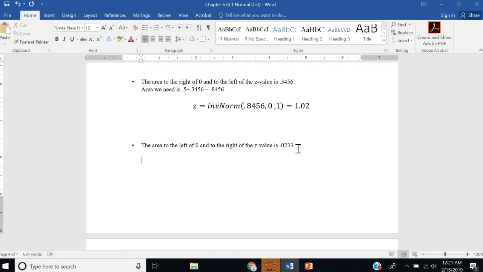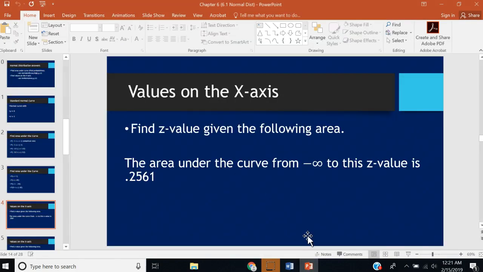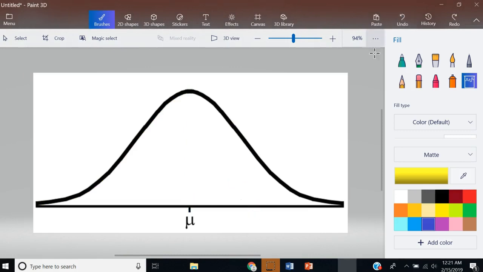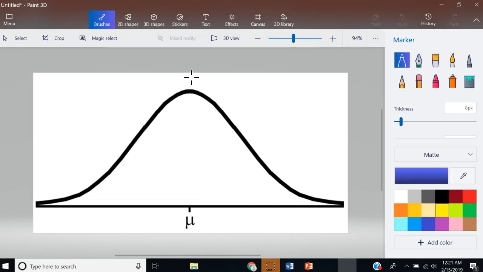All right, so hopefully you did that. Let's actually, 0.0233. I apologize. Let's do some undos here. So we have some z value. Now, here's the deal. The area to the left of the average and to the right of some z value. So we have some z value there. So this area here